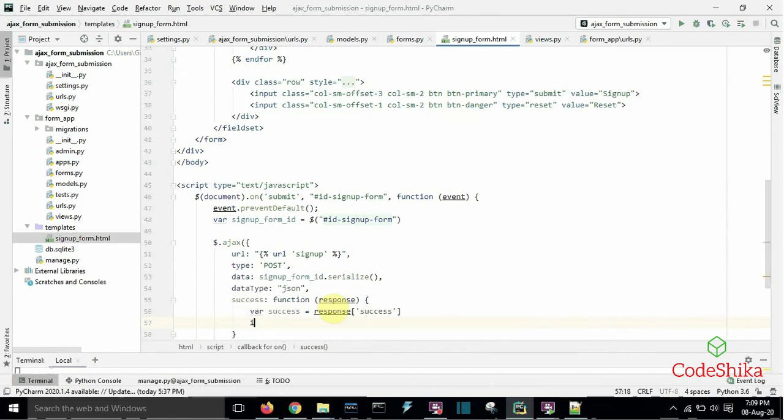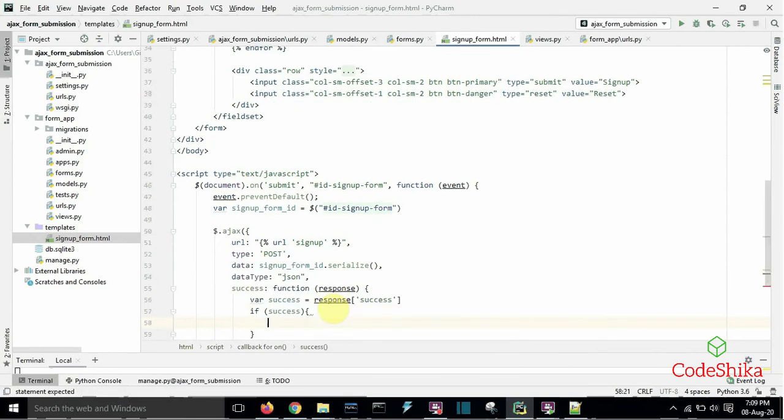If success, alert form valid and user created successfully.